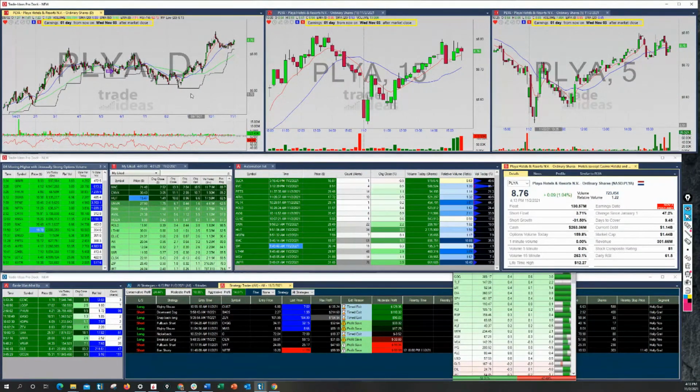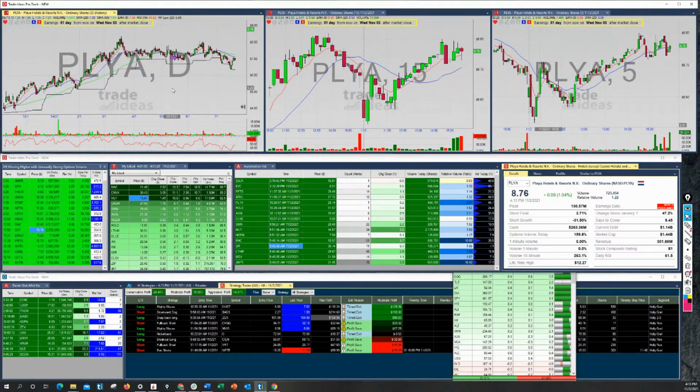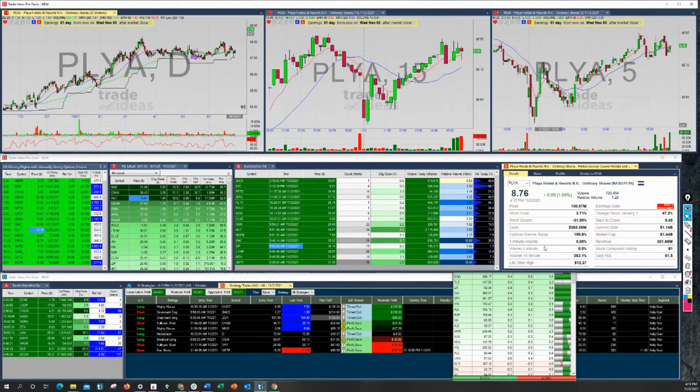In hindsight, let's do this. Let's zoom back and go back in time and exclude recent data. In hindsight, I'd have probably looked at this chart, had I seen it earlier, and I'd have seen this nice little move down here, and I've seen this base. I like to say the bigger the base, the bigger the boom. And I might have been hedging towards a big move like that. Eventually, on a percentage basis, you get a nice little move up here as we're sitting at 8.76 close. But if we fast forward, we could see I would have been wrong.